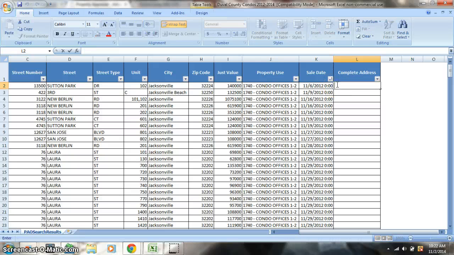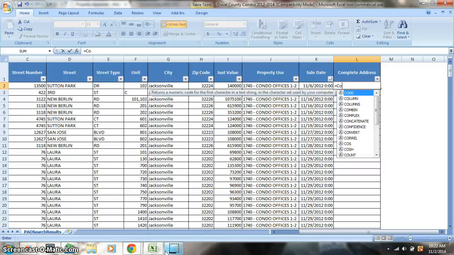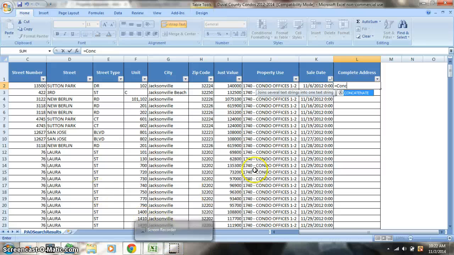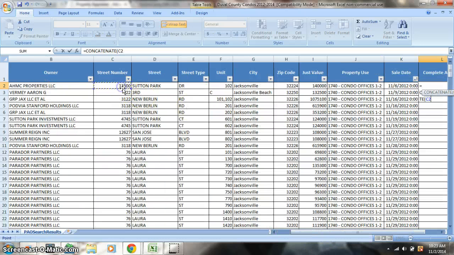So we're going to use something called the concatenate function. So you just go into your column, you press the equal sign and start typing concatenate, and this function will pop up. Click on that, go over and click on the street number, and then use a comma to separate it, and then put open quotation marks. So Excel knows to put a space bar between these things. Do the same with the street name, comma, open quotations,